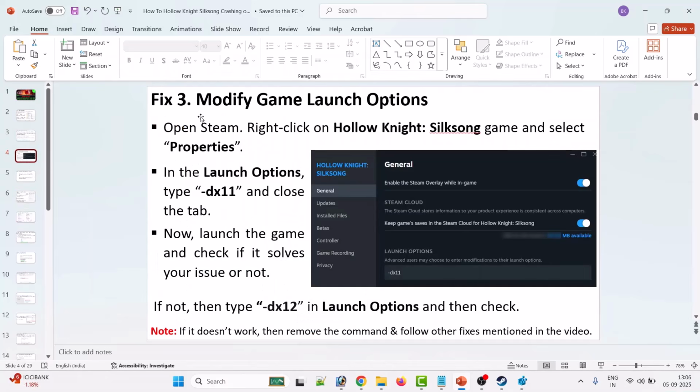Third solution is to modify the game launch option. So open Steam, right click on Hollow Knight Silksong game and select properties. In the launch options type -dx11, close the tab, then launch the game and check. If that doesn't work, then again go to properties and in the launch option type -dx12 and then close it and then launch the game and check. If it's still not working, then remove this command from the launch options and follow other fixes mentioned in this